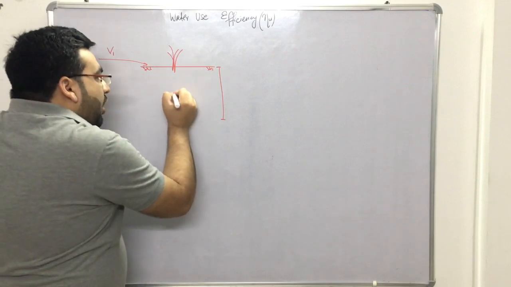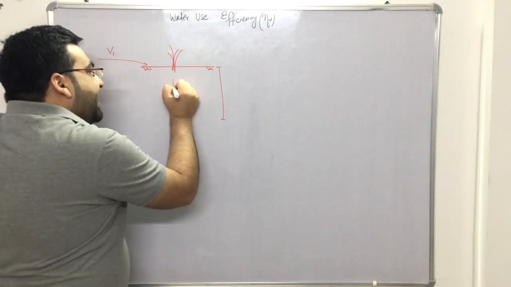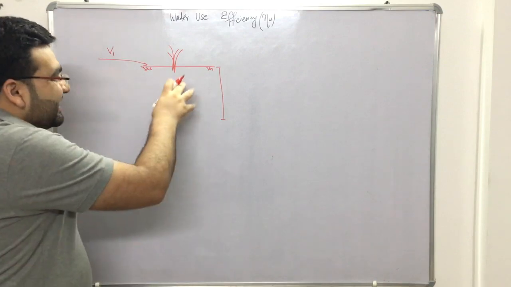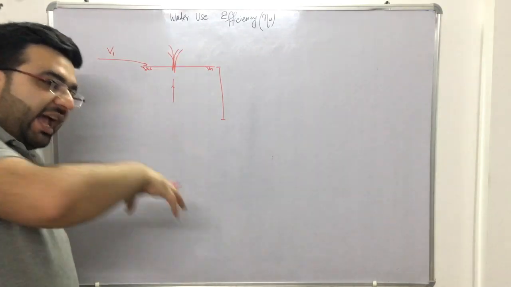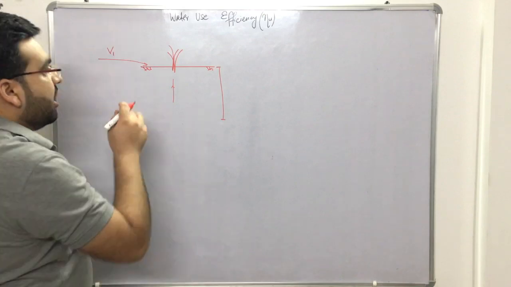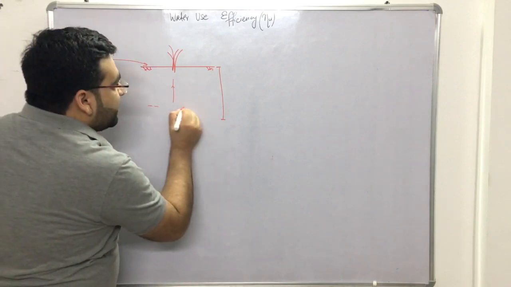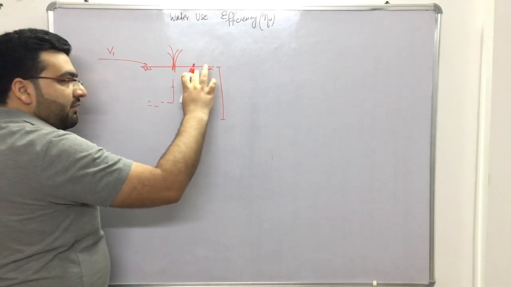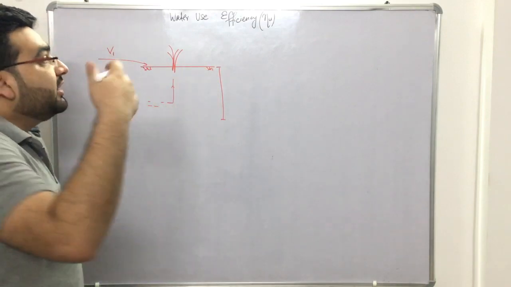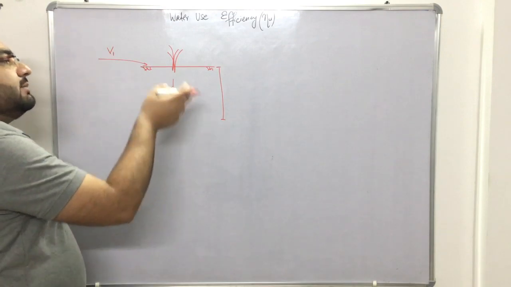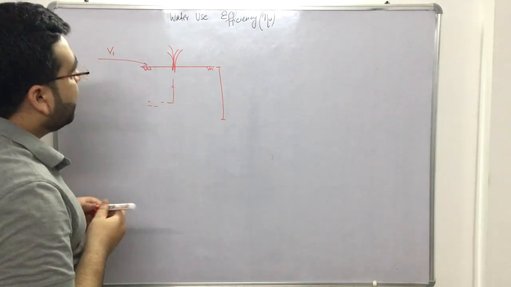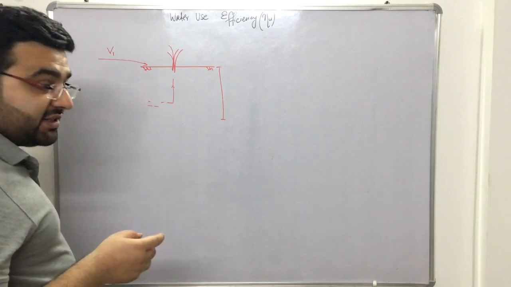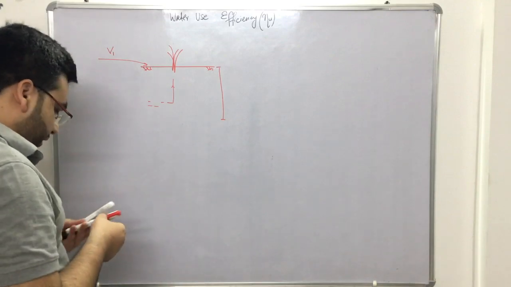Now some water will be used by the plant for its growth, right? So the water the plant absorbs from soil for its growth will reduce the water level. Let us say that V1 was applied, so some water will be used by the plant. Now this water use efficiency comes from that concept only. So water use efficiency is very important, right? Because I will be telling you one thing about the water use efficiency.